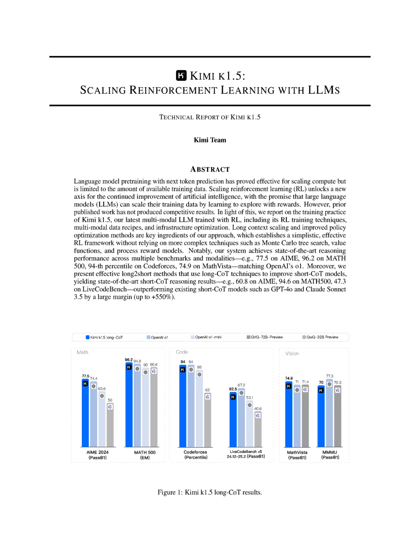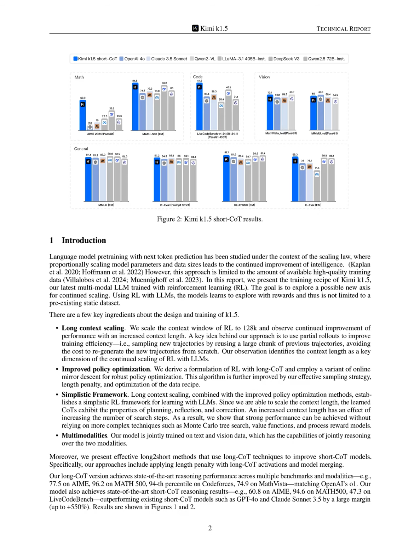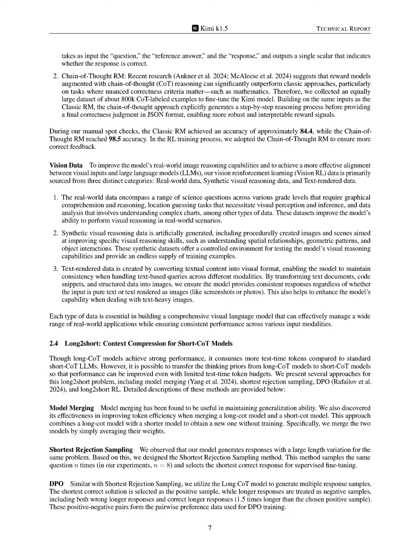Additionally, Kimi k1.5 is designed to jointly reason over text and vision data, thereby improving its performance across various modalities and benchmarks. Ultimately, the algorithm seeks to enhance the model's ability to perform complex reasoning tasks while maintaining efficiency and